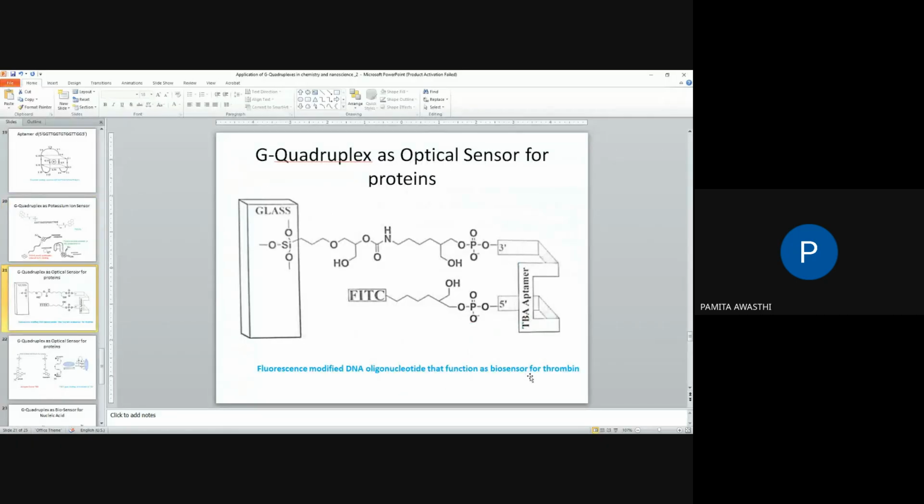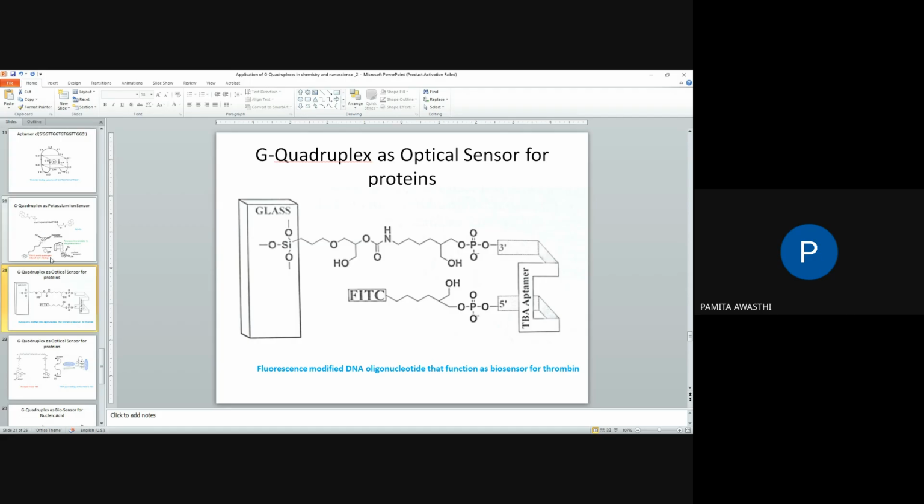Then, G quadruplexes as optical sensors for proteins. You can see over here that a lot of work has been done to modify the TBA, that is the thrombin binding aptamer sequence, to act as a protein sensor. Hafiz et al. were the first to report this, by modifying the 5 prime end of